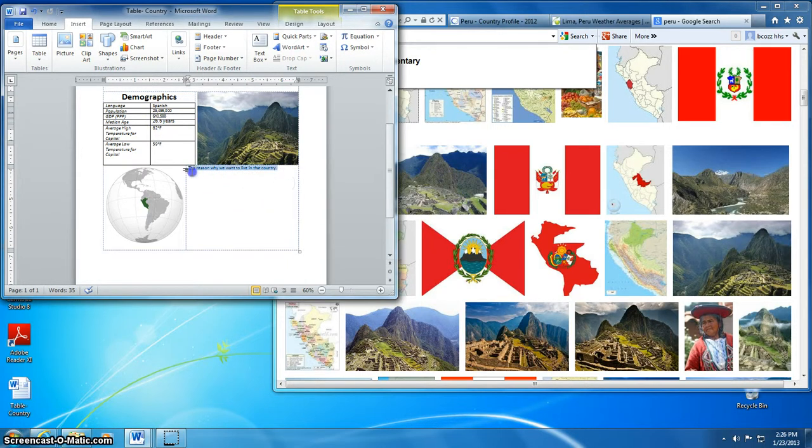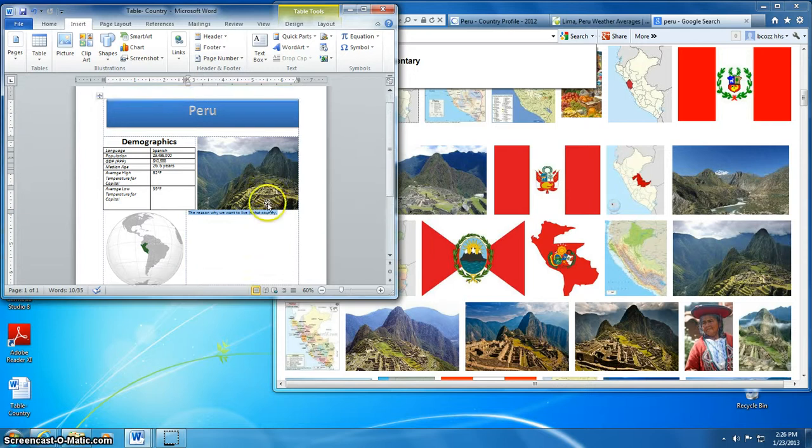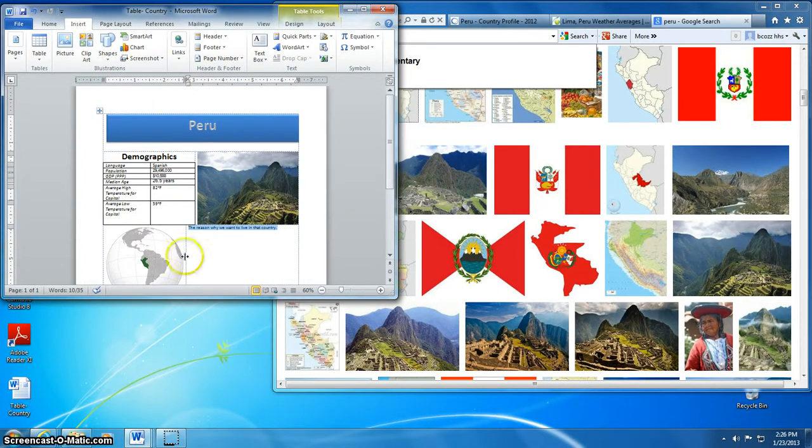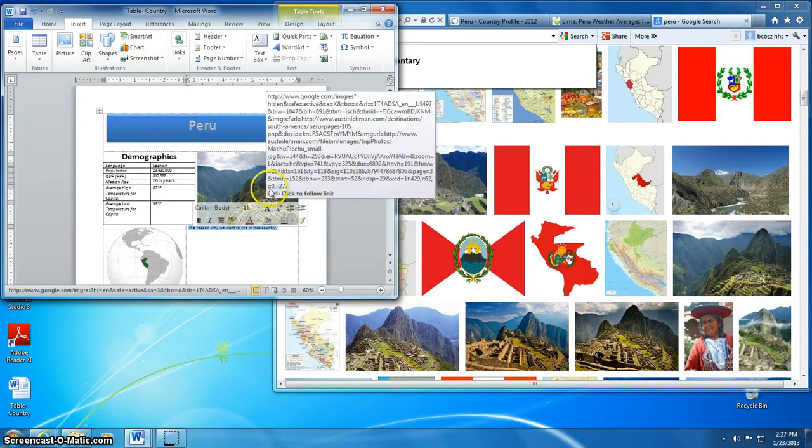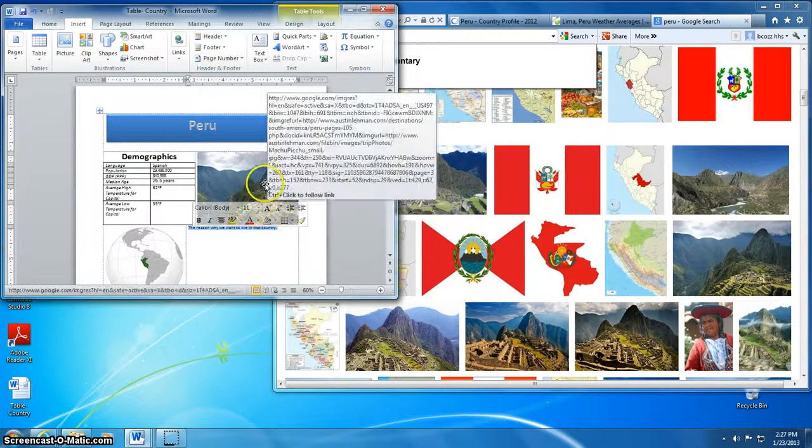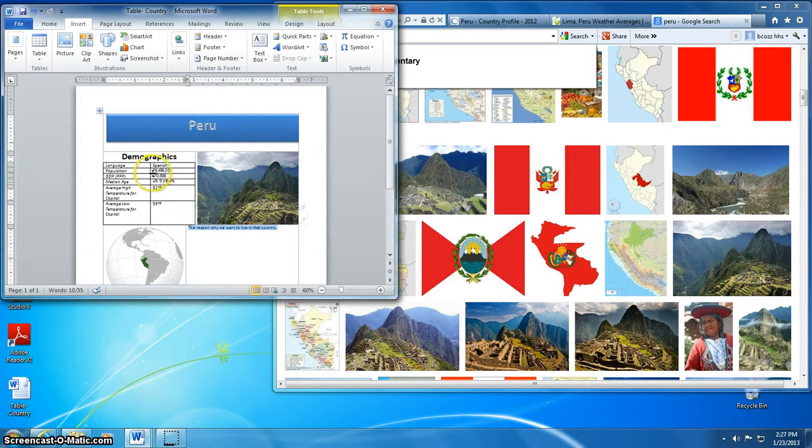But for this section, I'd like you guys to mainly focus on why you would like to live in that country. If after researching it and finding all of this information about it, you decide you would not like to live in that country, in this section I want you to include both the pros and cons of living in this country. So I would include the fact that I like the temperature, the views, fun to tour the places nearby. For my pros, for the cons, I would include the fact that there's a high population and then